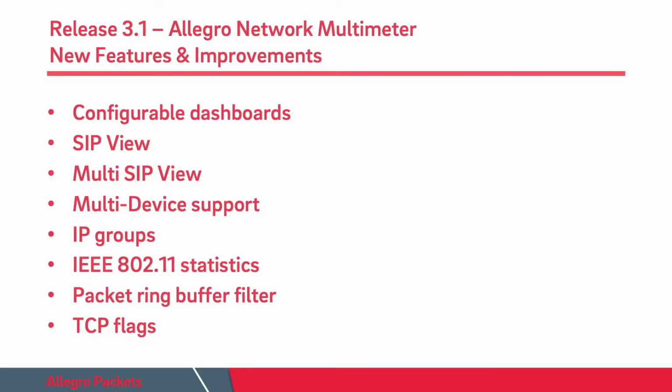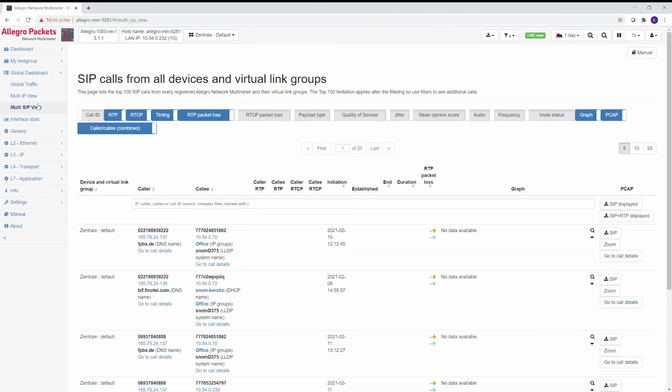Okay, point number 3 on my list is quite similar to the SIP view. It is what we call a multi-SIP view. We can show you, if you have multiple link groups or you have multiple Allegros combined with a multi-device view, that you can see all calls going over all links over all Allegros in one interface. This allows very easily to search for a phone number, to search for other kind of data in a very, very simple way.